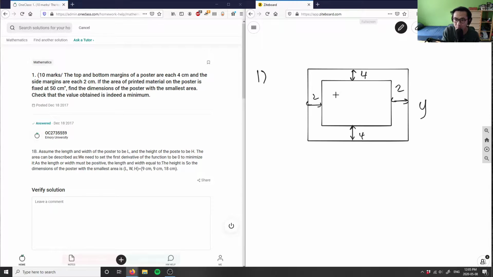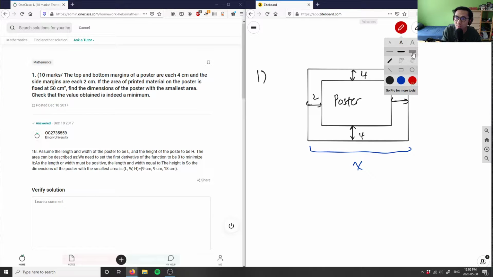This is the area, so this here is our poster, right? And then we know that the area of a poster here is going to be X here. If the total length here is X, we can make an algebraic expression for the total area. Maybe I'll do this in different colors actually. So if the entire length here is X, and the entire width of the poster here is Y, we can make an algebraic expression for